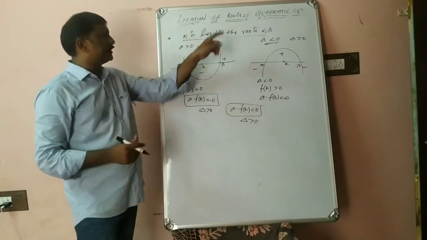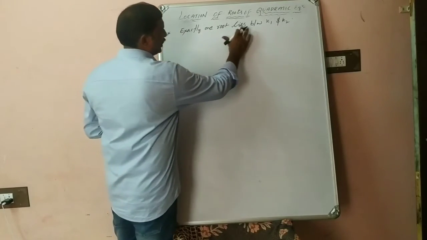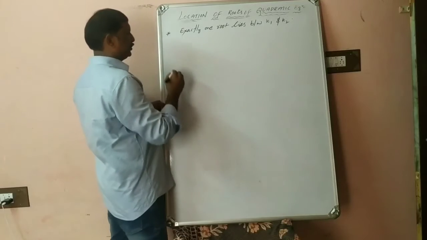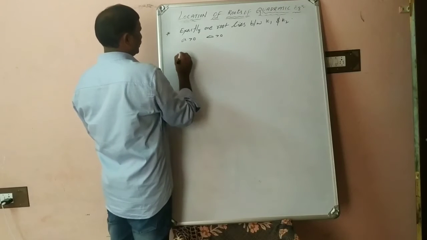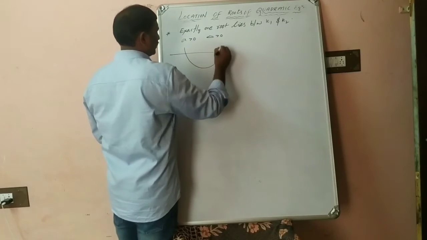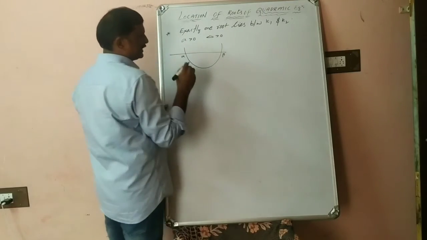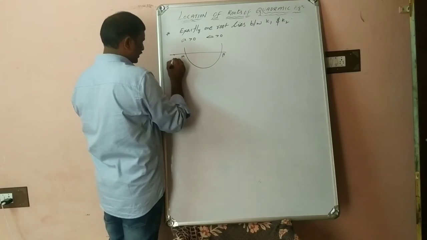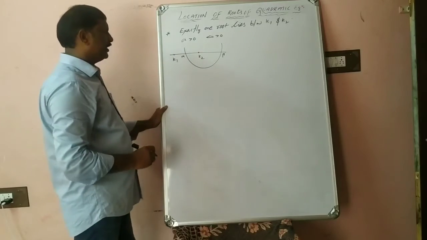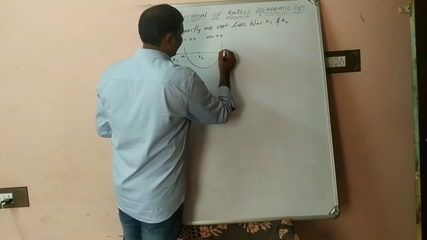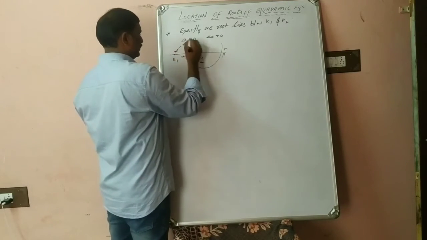That is the case of k lying between the roots alpha and beta. The next case: exactly one root lies between the interval k1 and k2. First I am taking a positive and delta greater than 0. With a positive you will get an upward parabola. What is the condition here? One of the roots, alpha or beta, lies between k1 and k2. So I am considering k1 here and k2 here. Then one of the roots lies between k1 and k2. Now by looking at this wavy curve method, this is positive, negative, and this is positive.